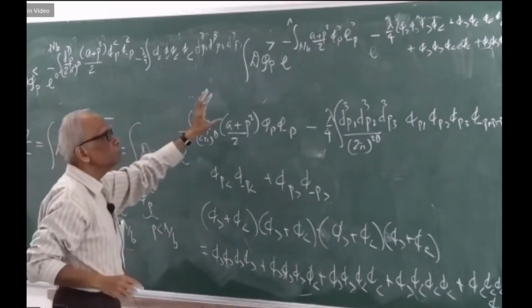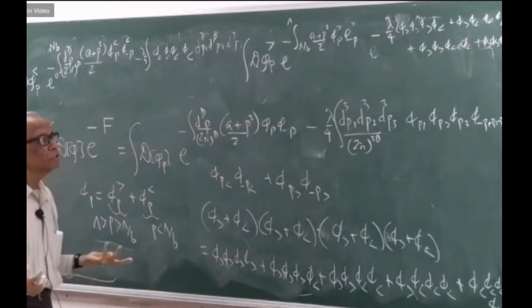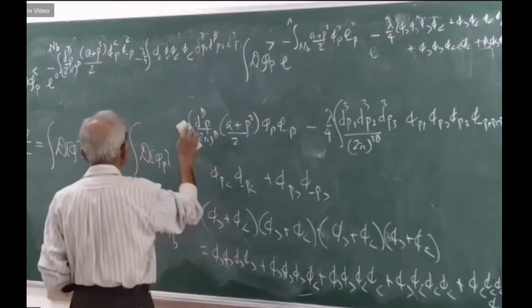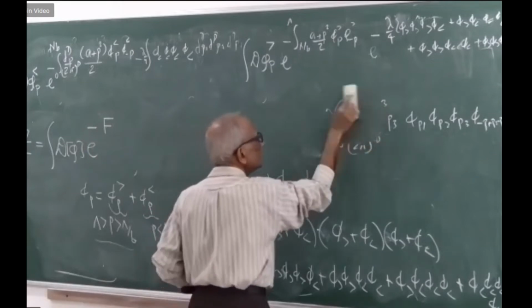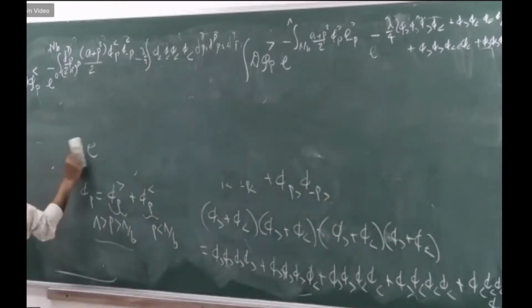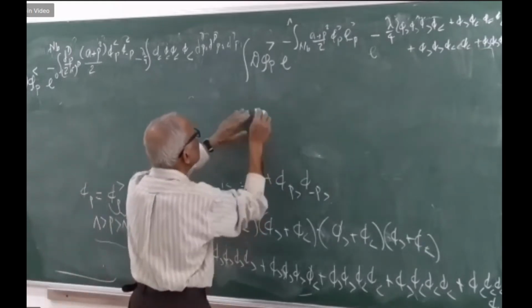I do only this. And how? There is only one way I can do it, because Gaussian integrals are all that I know, and therefore I will have to expand. So how do I do this? I'll stop in a minute. I will write